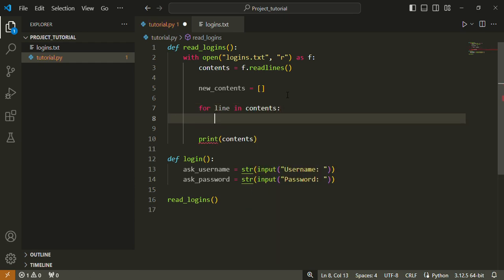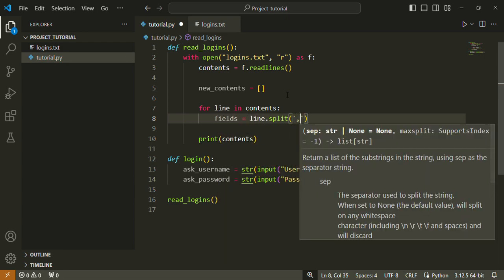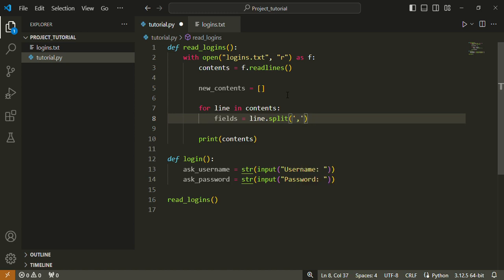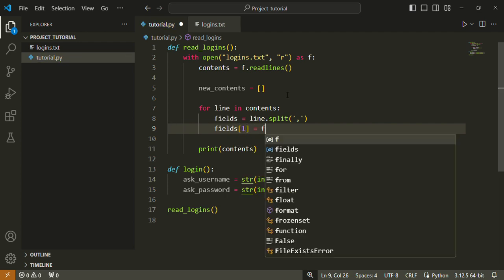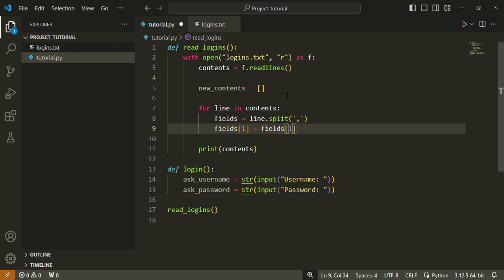Here we say fields equals line.split, and we split the lines individually with a comma. Then we say fields[1] equals fields[1].strip, and